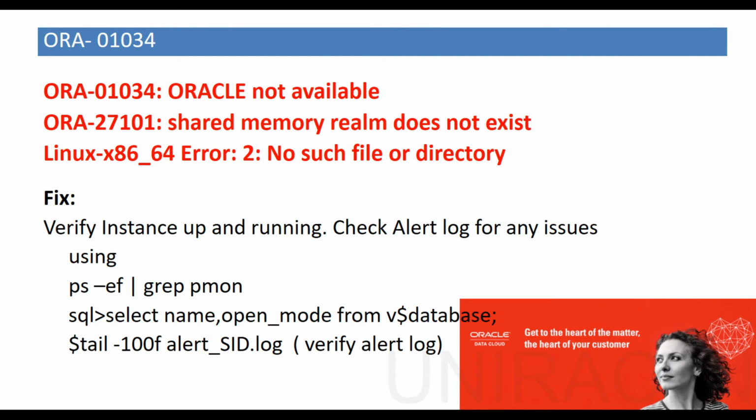And never confirm just by verifying with the ps command that the instance is up and running. You need to ensure that the instance is in open mode, verified from V$DATABASE. Using the command select name, open_mode from v$database, you can verify whether the instance is up and running in open mode. Even if it is in open mode, you can't ignore that alert. The alert might have been received because the box got rebooted and the instance got started on its own, or there could have been maintenance on that box, unknown maintenance made by someone without any notice, or the box got rebooted due to a CPU spike.